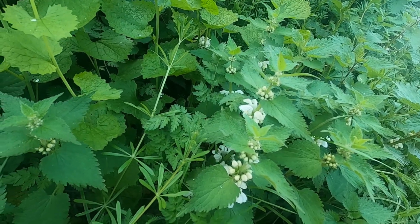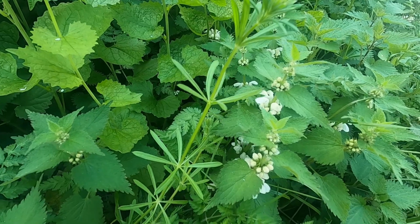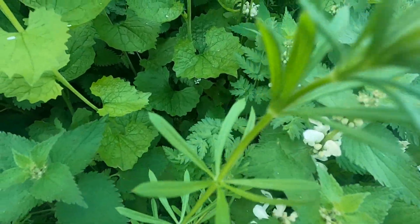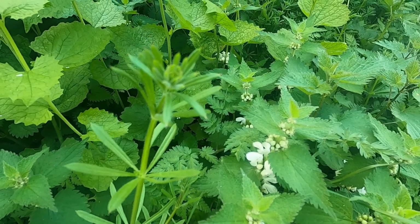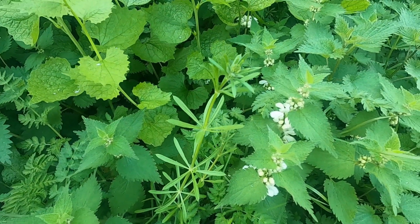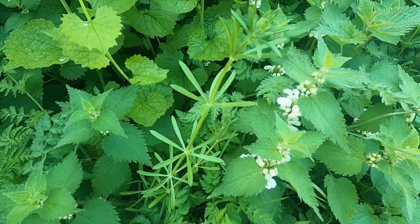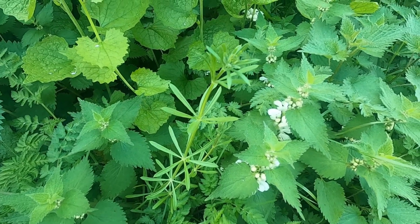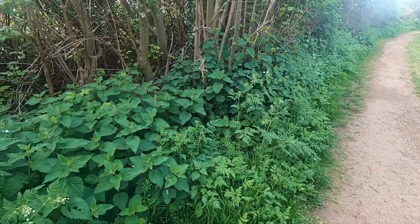And I can see growing next to that there's a plant as kids we called sticky buds, and that is this. I think more commonly it's known as goose grass, sticky willy, cleavers, or creeping cinquefoil, probably pronouncing that wrong. And it's very good in stews and pies and carries an awful lot of vitamins. And that apparently belongs to the same family as the coffee. And the seeds of this, if you dry them and grind them up, it says that it tastes like coffee and can be used as a coffee substitute. Never tried it. And as I carry on walking,